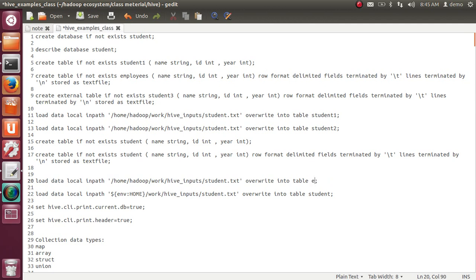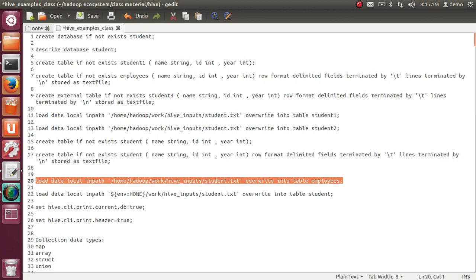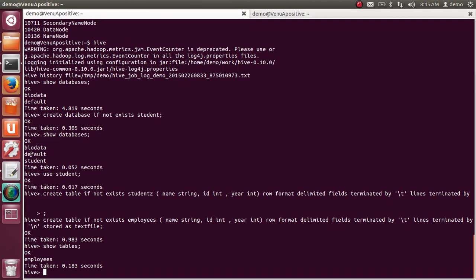Employees. Okay, load data local inpath, somewhere, something data. Let me take the example just now.